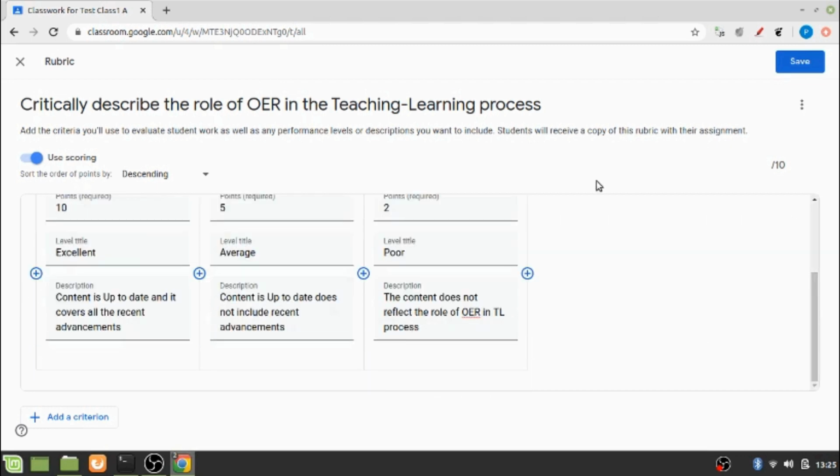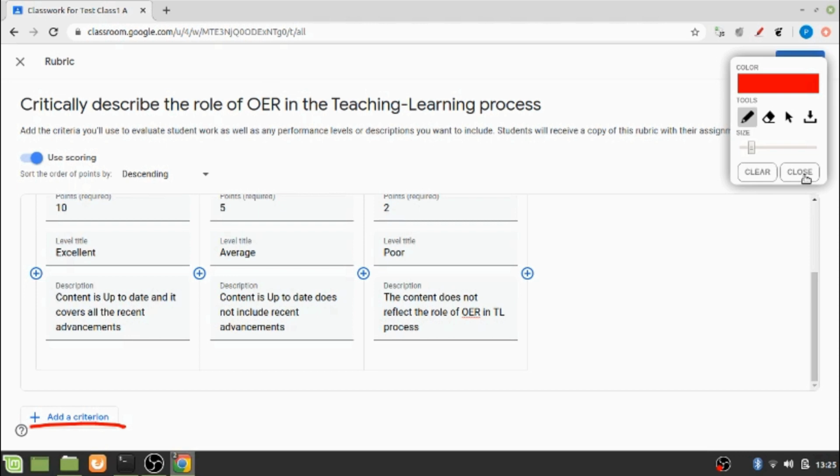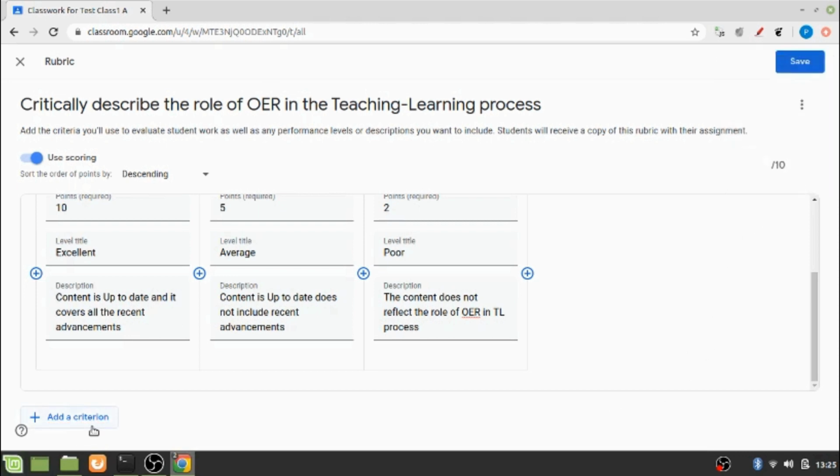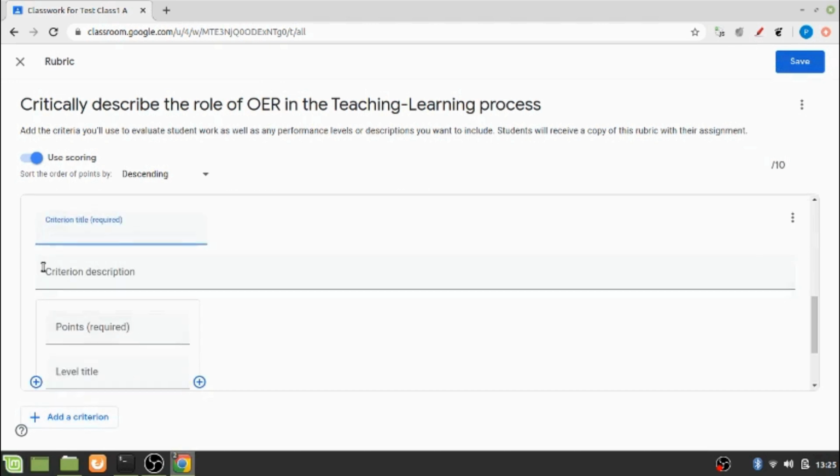Again, if I wish, I can add another criterion by clicking on this add a criterion button over here at the lower end of this page, and if I click on this, another criterion field will pop up where you can add another criterion of your choice. Say this is for content structure.